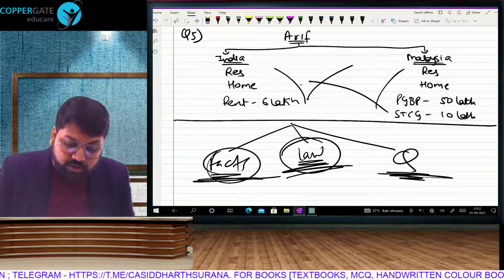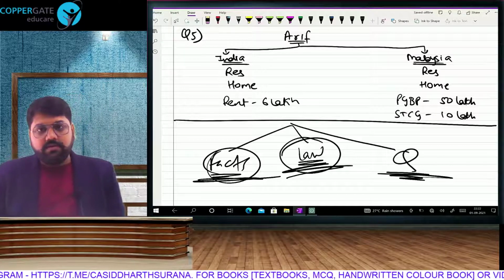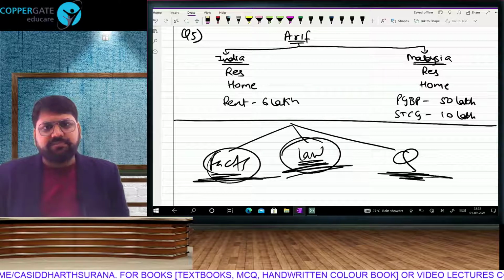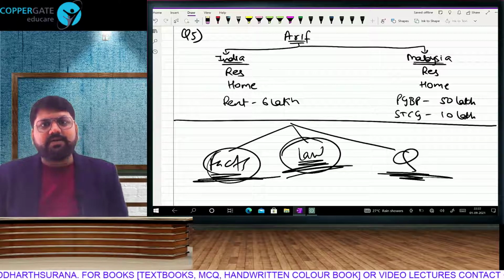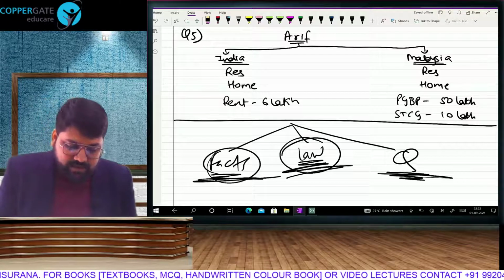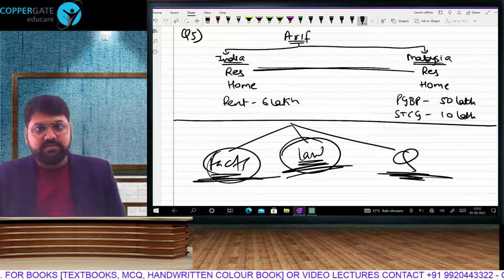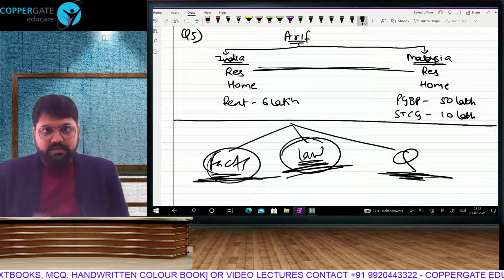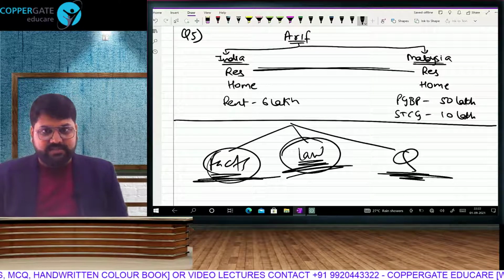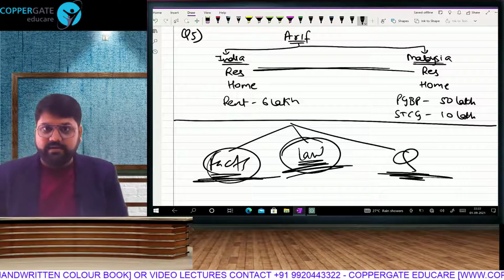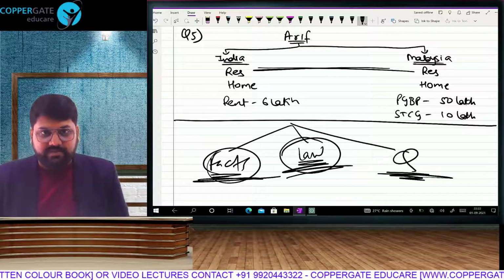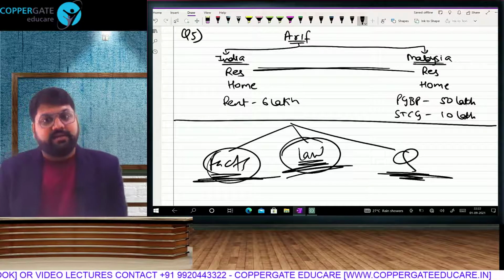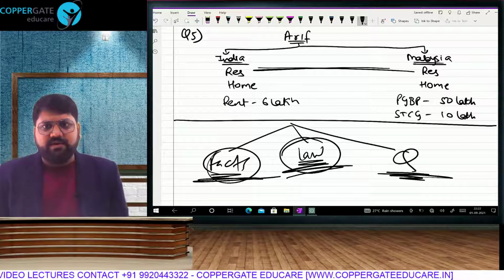And thus we have to incorporate a tiebreaker. Tiebreaker means whenever there is a tie. You've seen super over? Something like that. A tiebreaker. We will cancel one of the two residences. We will keep one of them and cancel the other. The moment we cancel one of the two residences, the assessee will remain a resident only at one place, and the things will become a little clear, and that will depend on the treaty, and it is always given in Article 4. Article 4 of every treaty in the world is about residential status,